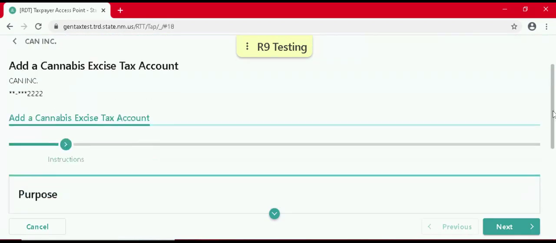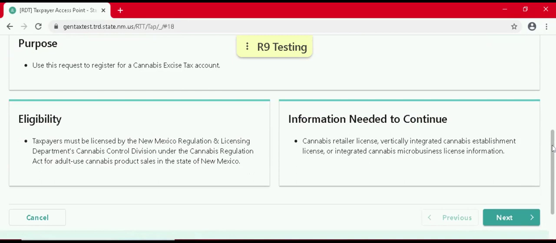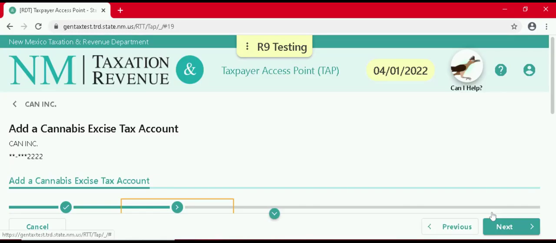The Eligibility and Information Needed to Continue page comes up. You will need to obtain a license from the Regulation and Licensing Department in order to apply for a Cannabis Excise Tax account. The 3 licenses are a Cannabis Retailer License, Vertically Integrated Cannabis Establishment License, and Integrated Cannabis Microbusiness License. I'll select Next,